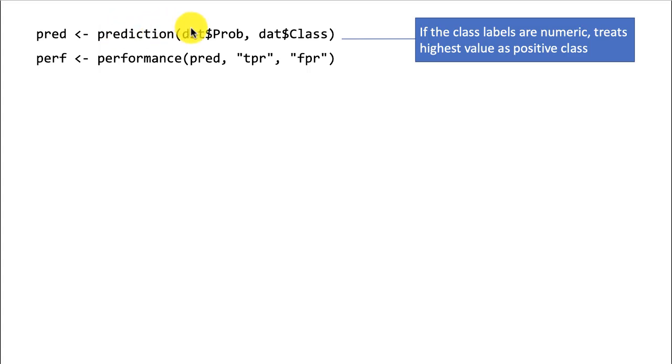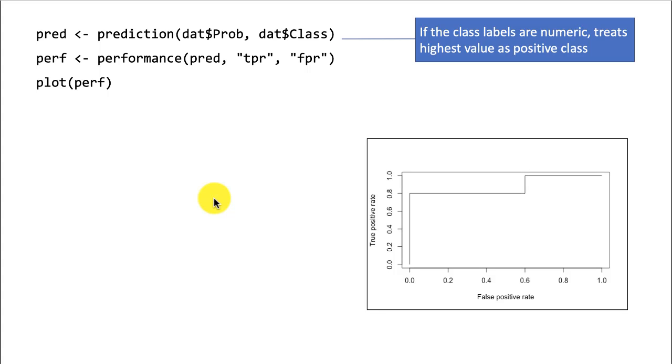It's only in the previous line that the arguments may change, because you have to give the name of the column that contains the probabilities and the name of the column that contains the actual class, and that will change from data set to data set. But once you've created the prediction object, stored in a variable called pred, this line is always the same. Once you do this, all you have to do is plot perf, and out comes your ROC chart,